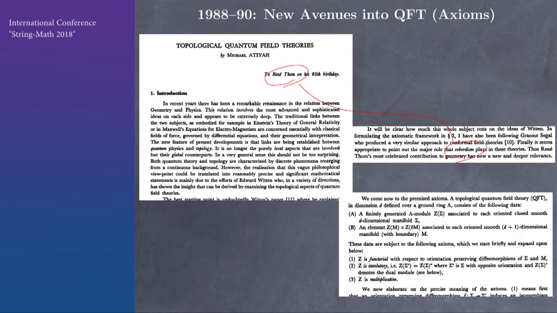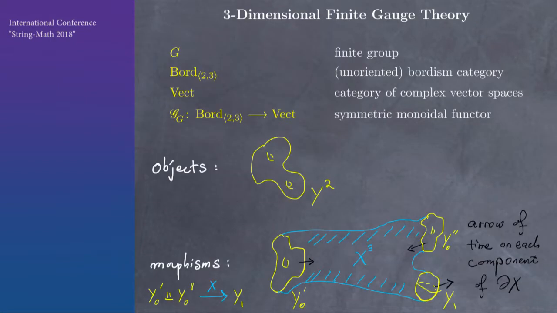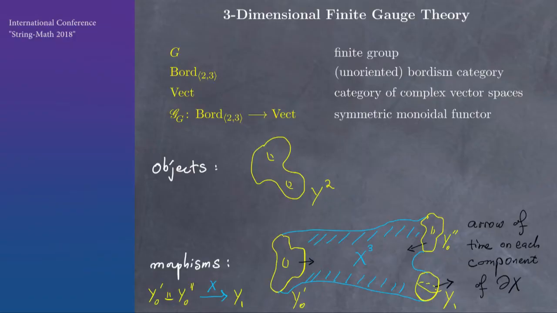I want to describe some of the background here, something that we'll need in this lecture, by discussing what's really the simplest non-trivial quantum field theory, which is a gauge theory built from a finite group. Here you see this is the gauge theory, and in this axiom system, the field theory is a map. The domain of the map is a category of manifolds built on bordism. The objects of the category, here we're doing it in dimension 3, are closed two-manifolds with no extra structure. They're unoriented two-manifolds.